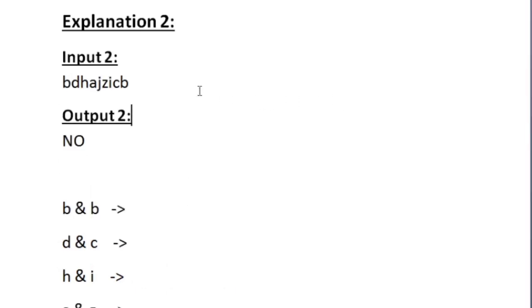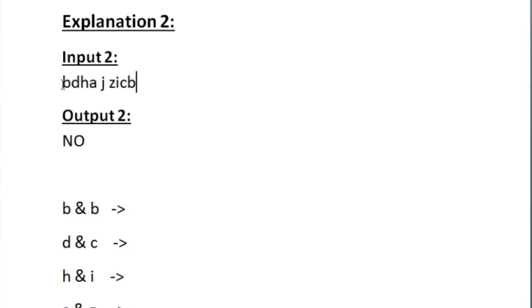Now let us see our sample input 2. Here for this input string, the length of the string is odd, so there will be one character left alone in the string without any pair, that is J. But we need not worry about this character, because even when we write it from first to last or from last to first, this particular character would be at the same position, and we need not toggle or compare it with anything. So again we are going to apply the same technique.